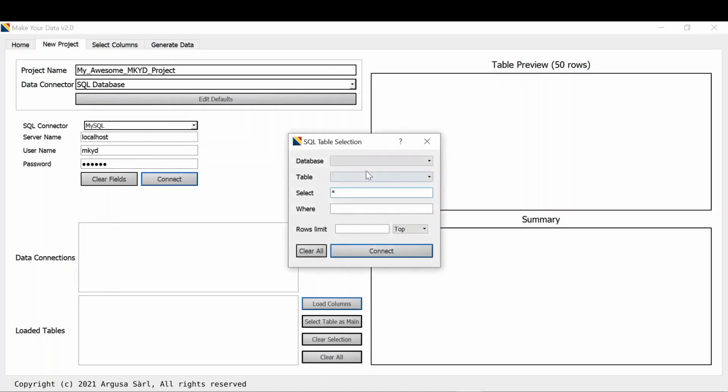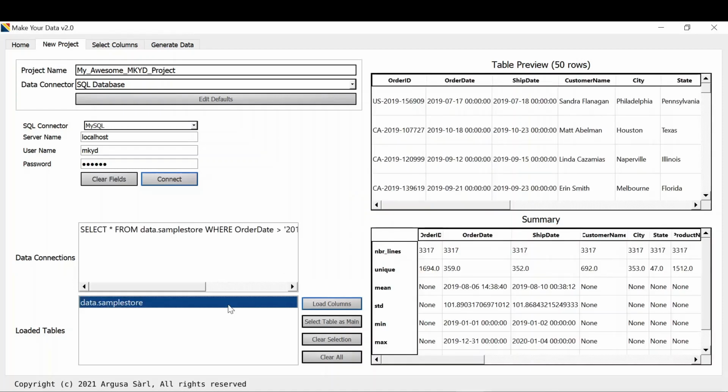Once logged in, we can choose between the different databases available via that connector, as well as between the tables in the chosen database. We can also add run conditions to keep only relevant data. Here we will select only the data rows in which order date is in the year 2019. Alternatively, we can also input a maximum number of rows to fetch from the table. We connect to the table.